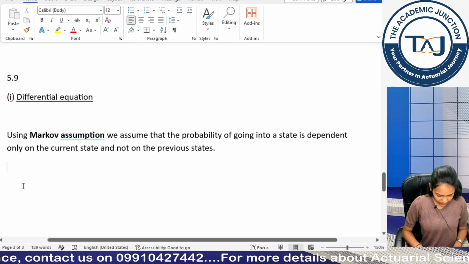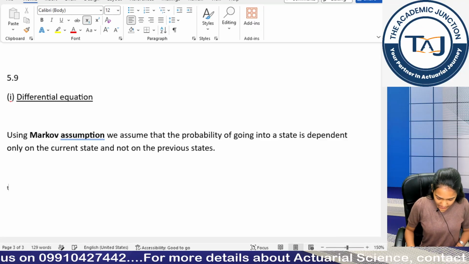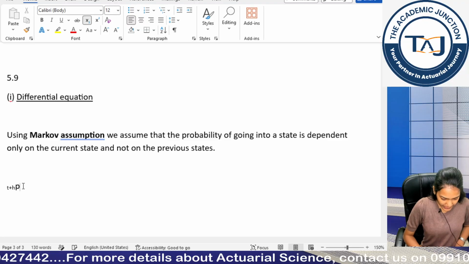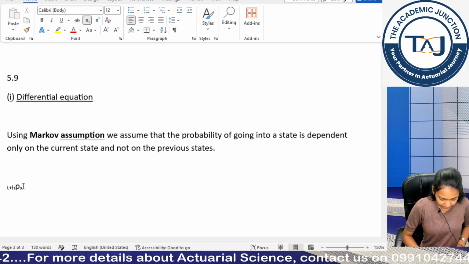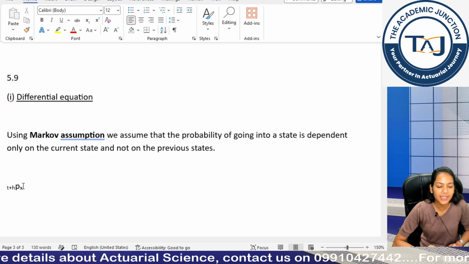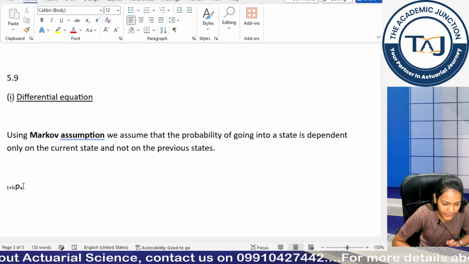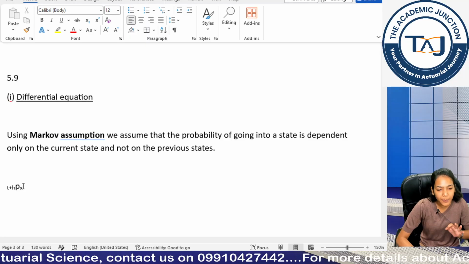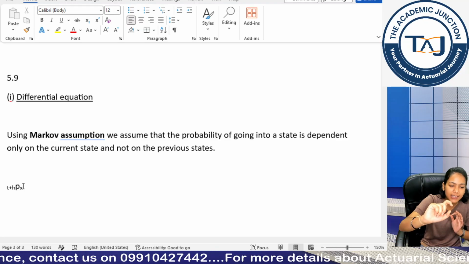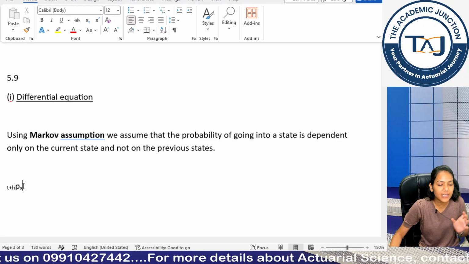Yes, let's do. We will write Control Shift minus or whatever the shortcut is for your subscript, Control Shift plus small p, Control Shift minus x. Please note that small notations and capital notations have different meanings. If you are writing probability, then the standard notation is small p. But if you are using capital P, then you have to state at the start of the question that I am assuming that my probability of survival is capital P.